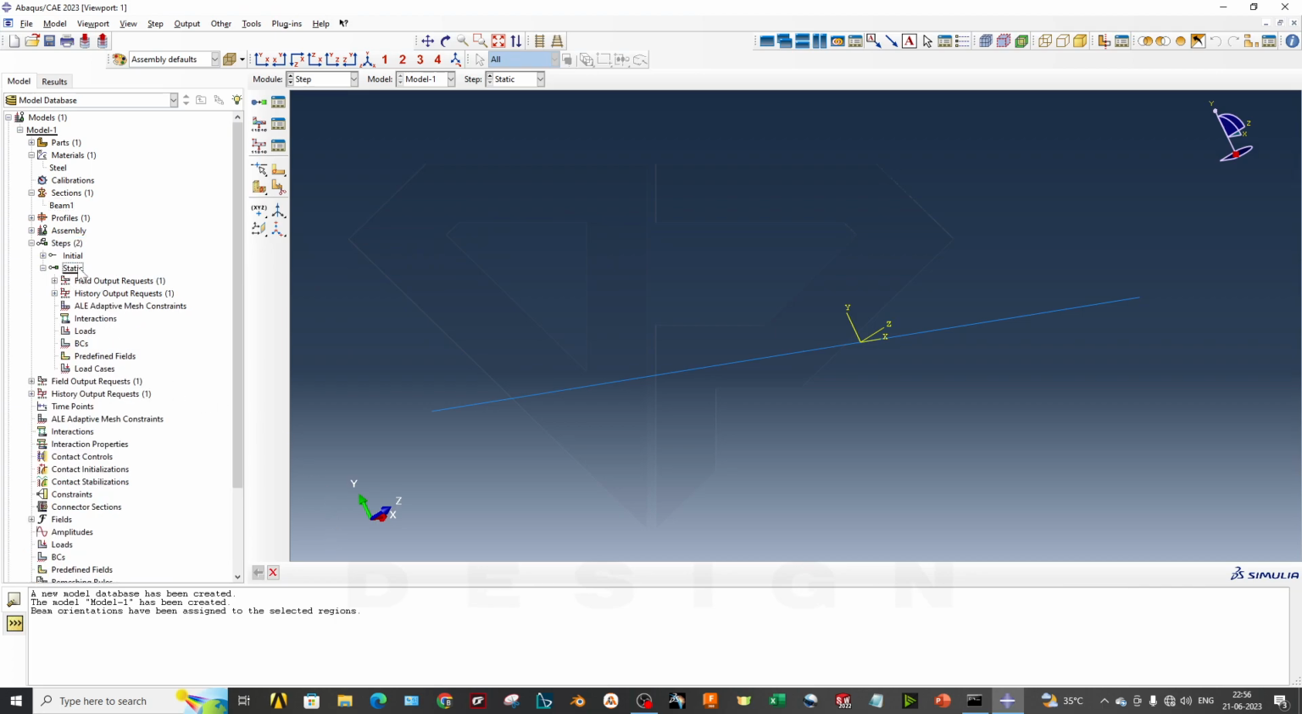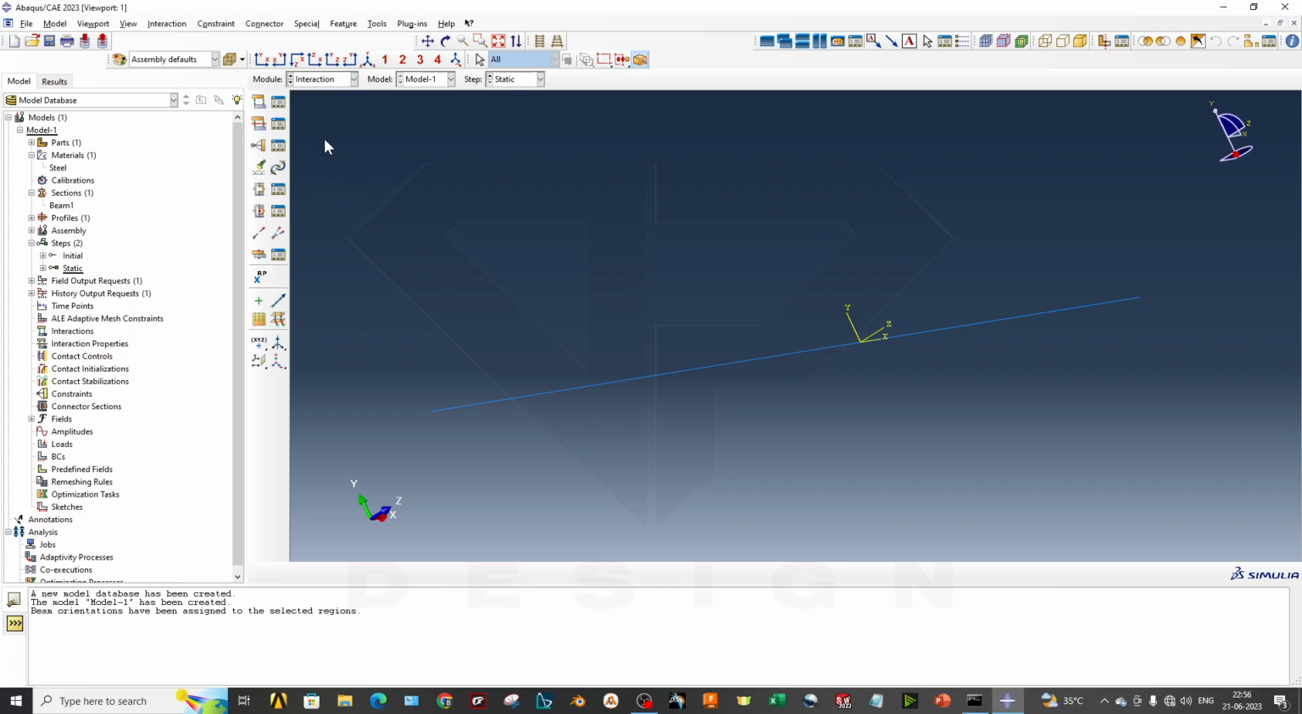So you can see my second step has been created. We will discuss the steps in depth in future videos, so you can get a clear picture. Now we are done with the step. There is no interaction with any other body, so we will skip this and we will directly go to the load. Now in the load, okay, before going on to the load, we have to fix this,